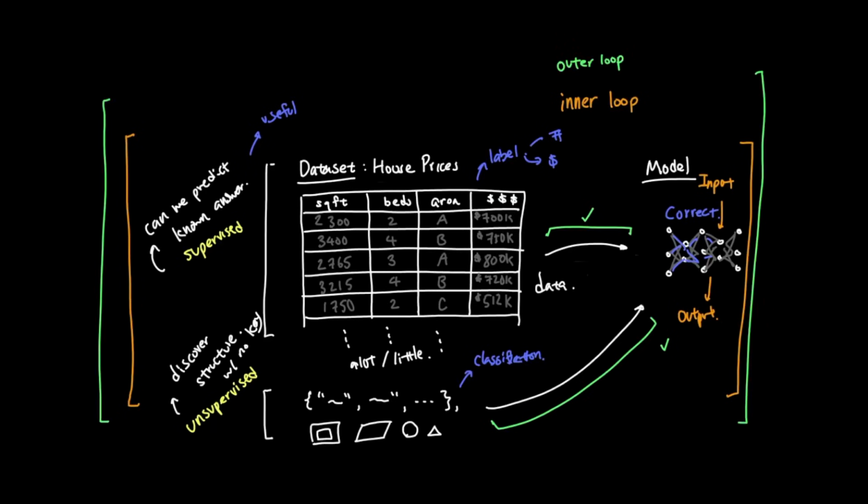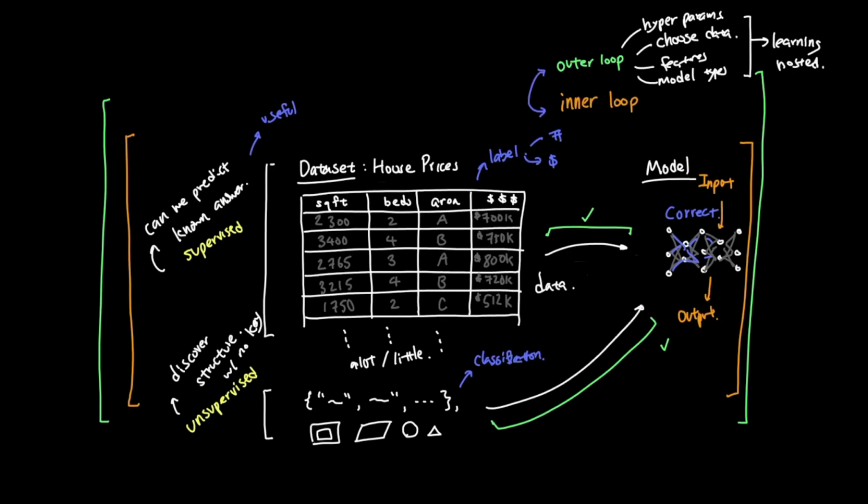Typically, you also have this outer loop that experiments by choosing data, features, model types, hyperparameters, and evals to actually check on the validation set and change the external environment where the learning is hosted. This is where you can adjust the learning rate, clean the data, and add or edit a feature to get the best result. This interplay between inner and outer loop is what helps you grow your understanding of machine learning as a larger system than a single training run, and learn how to mix different techniques as you go.